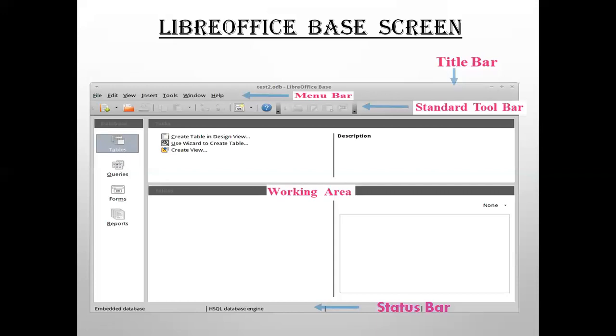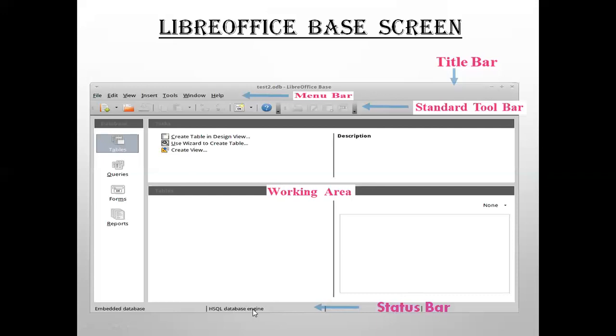We will be creating tables. When it comes to the tables object, create table in design view, or using wizard, we are creating a table. When you click on queries, it will say create query in design view, or using wizard to create query. Forms, create form in design view, and so on. So these are the activities which are related to that particular object.